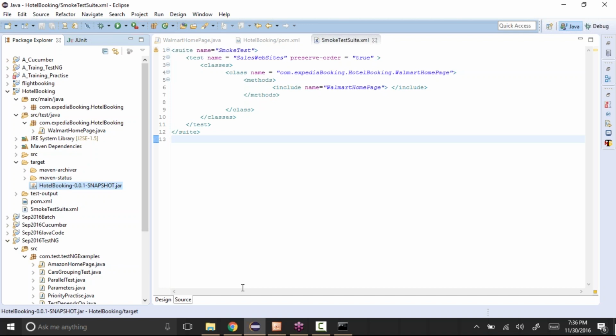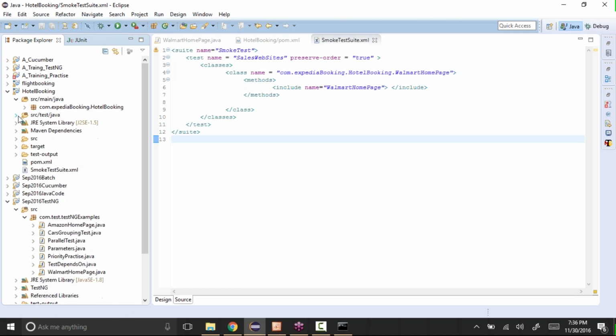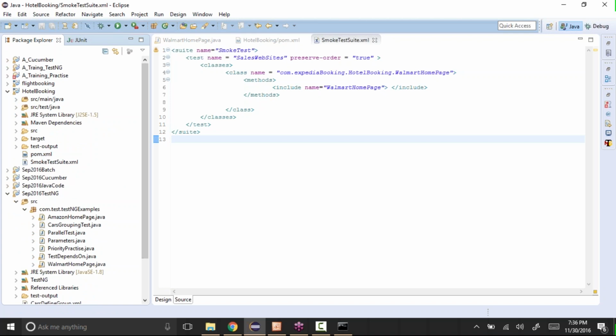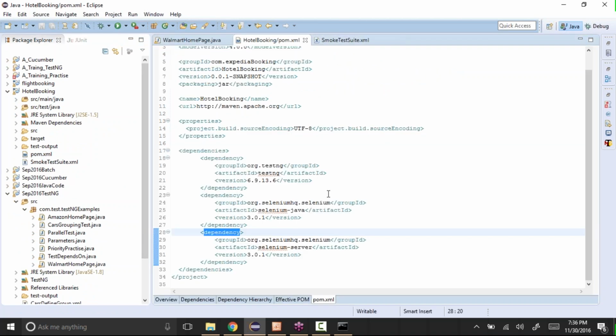So that's why generally all the projects use Maven, so that it's easy for them to maintain. Building the project will be easy, and creating the dependencies, everything will be easy, and we don't need to worry about it. All we need to do is just create one pom.xml file and it will take care of the dependencies.